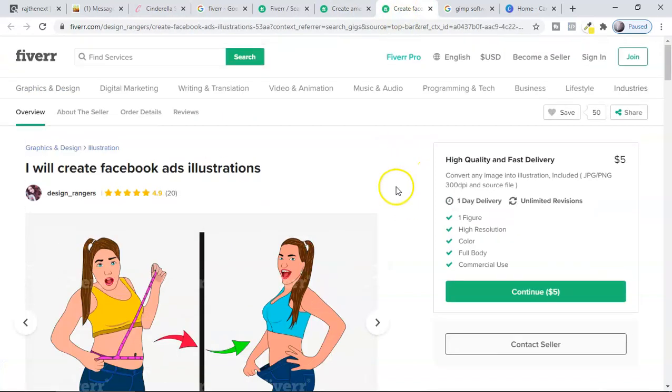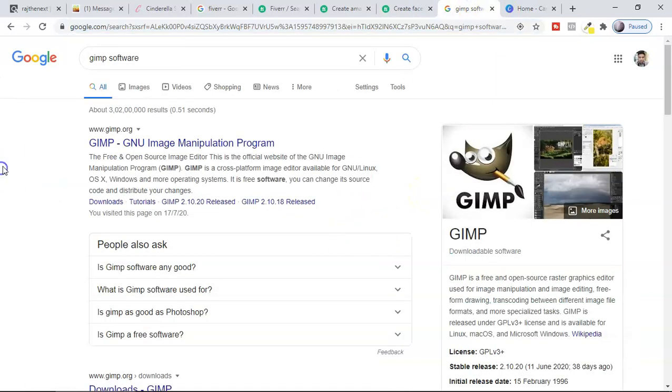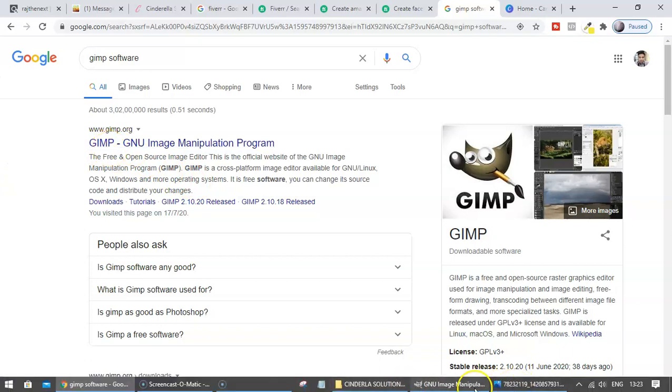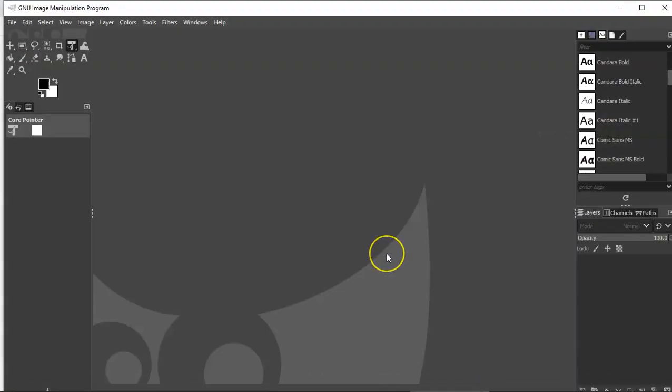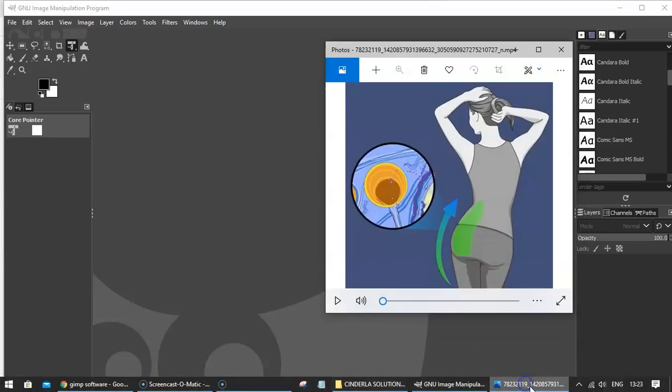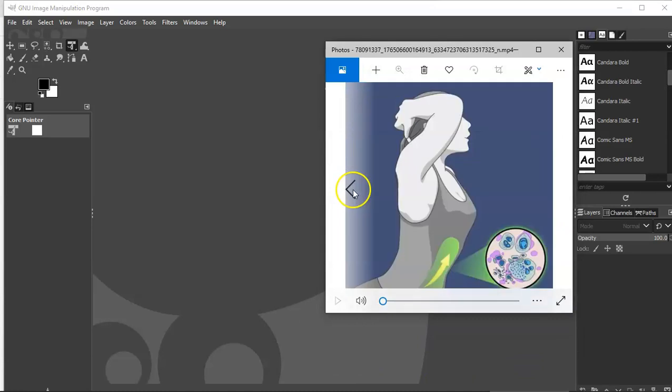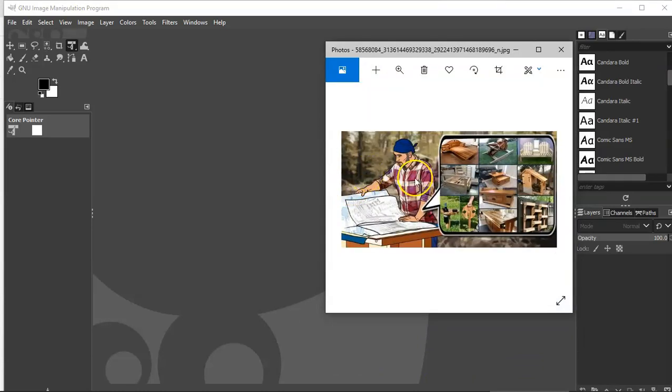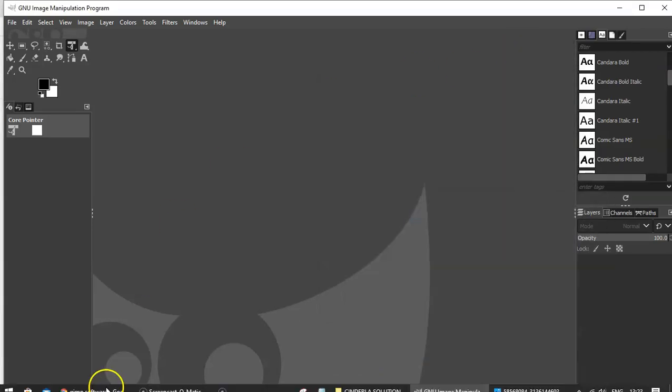So now guys, if you don't want to invest your money in images, it's fine. You can also use your own software, okay? This is the software called GIMP, guys, and this is an awesome substitute for Adobe Photoshop. You can create an amazing image. You can check the tutorials out there, which will teach you how to create these kinds of vector images. These kinds of images you can easily create with it. It's very easy. Sometimes I create with it, or sometimes I give it to Fiverr.com.